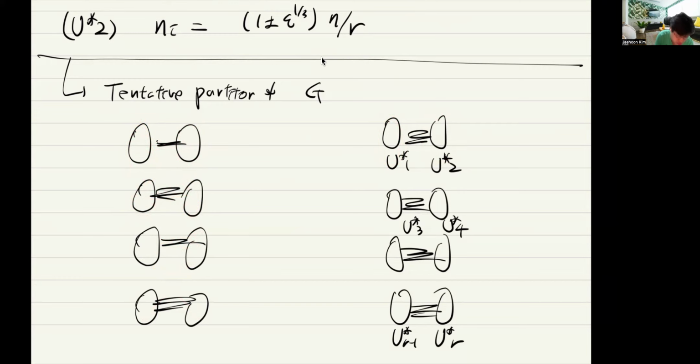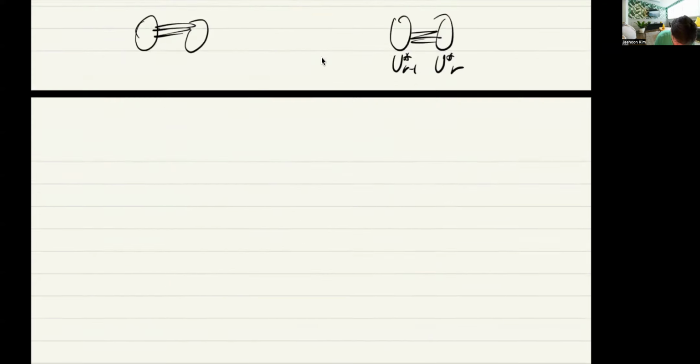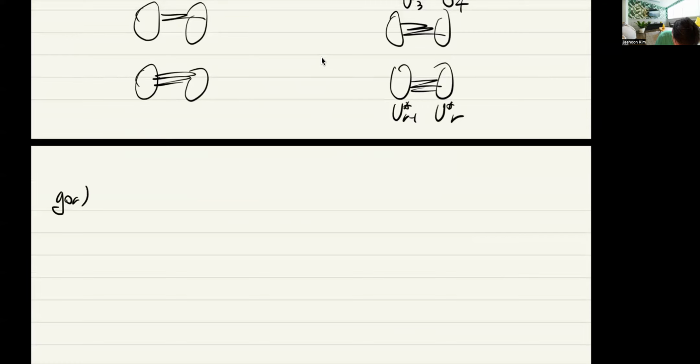However, that's too much to hope for, to make it exactly the same size. So we first aim to partition H in such a way that this size is very close to here. This size is quite close to here. And this size is quite close to the size of this, and etc. So now our goal is to partition H accordingly,